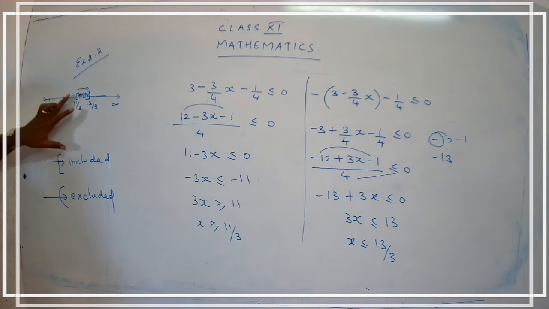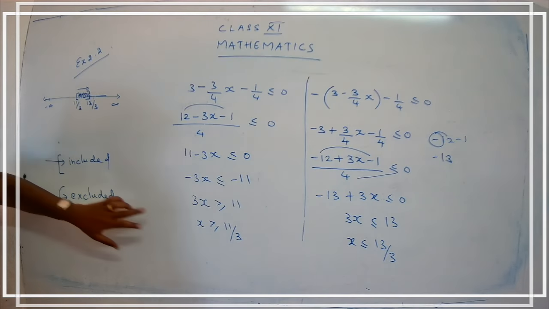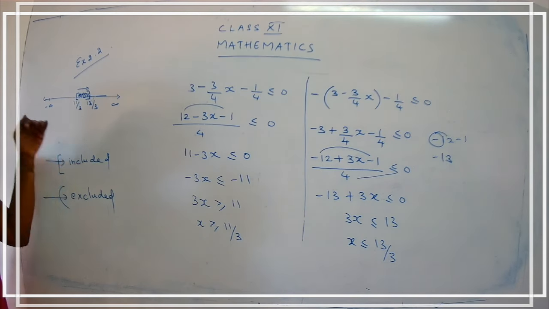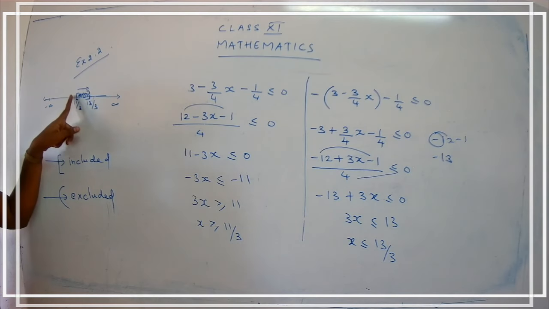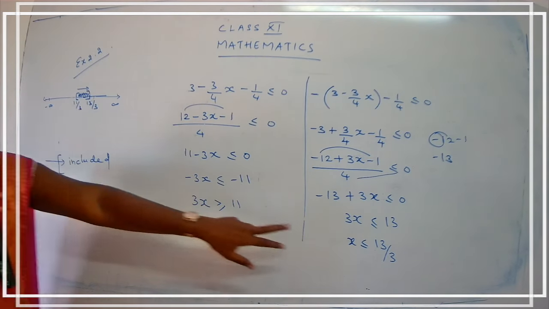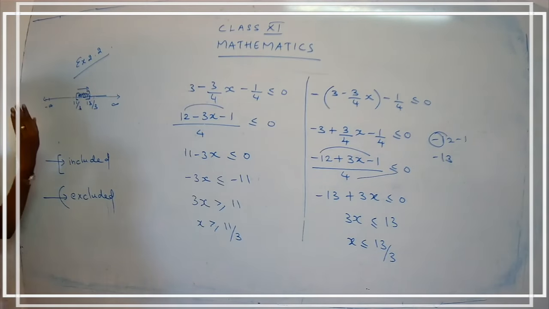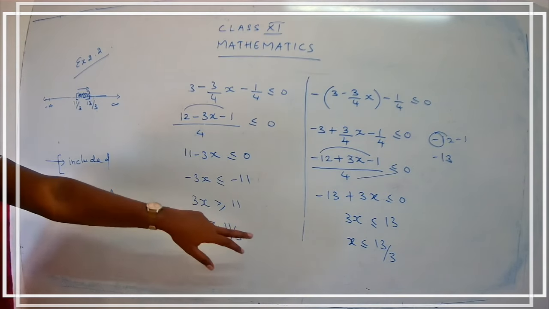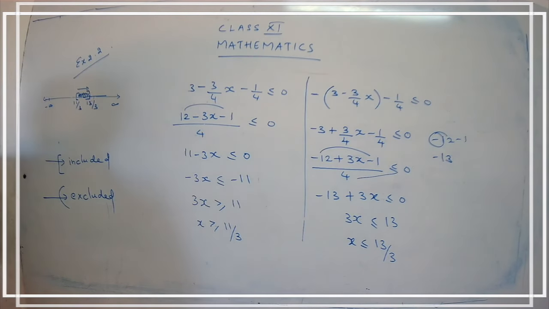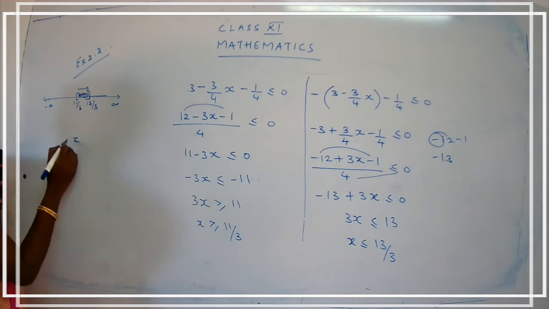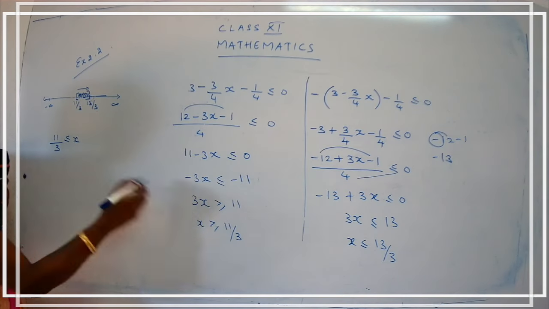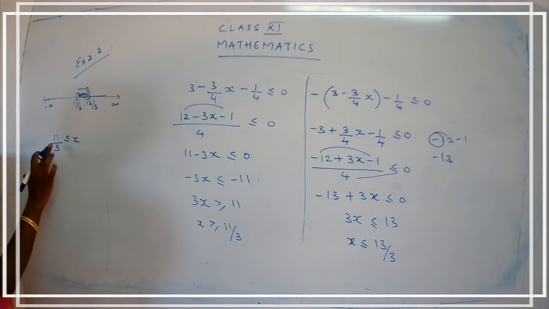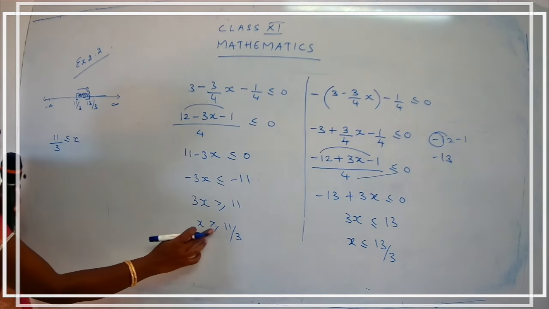Draw the figure. See, x is greater than 11 by 3 means you have to go to the right side. I am traveling to the right side. Less than or equal to 13 by 3 means come to the left side, and here less than or equal to is mentioned, greater than or equal to and less than or equal to, so you have to consider the number. So how will the value be? I'll write x. Which number is greater here? X is greater, yes? So 11 by 3.